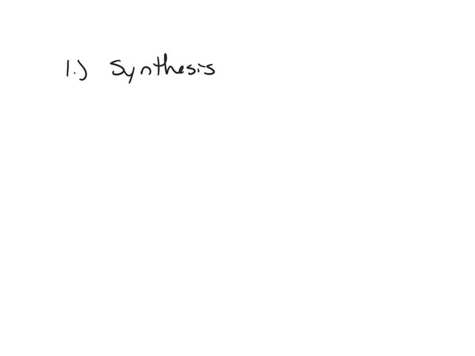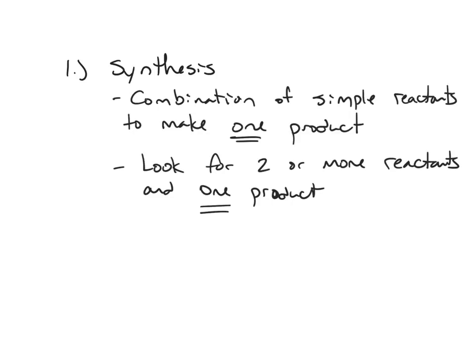The first reaction type that we're going to talk about is called synthesis. The word synthesis means to create. Another way to discuss this reaction is it's a combination of simple reactants. A dead giveaway that you're looking at a synthesis reaction is that you have one product. And so what you look for are 2 or more reactants and only one product. So essentially you're taking many small things and combining them into one thing, which is why it's called a combination